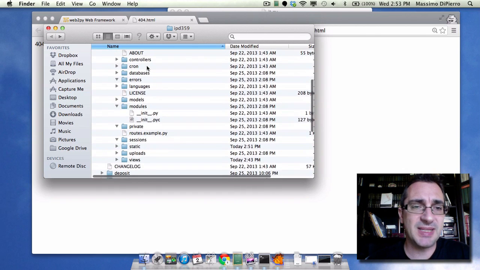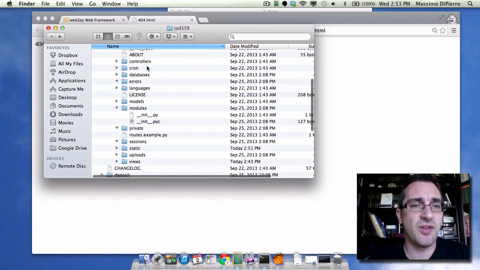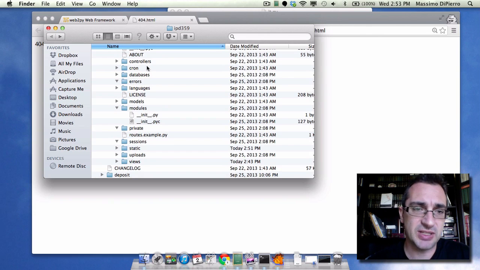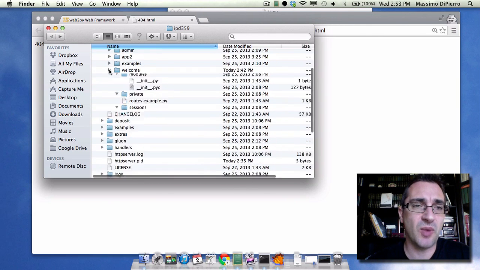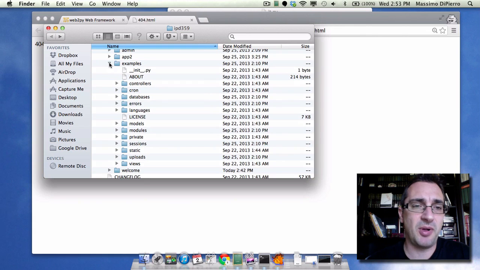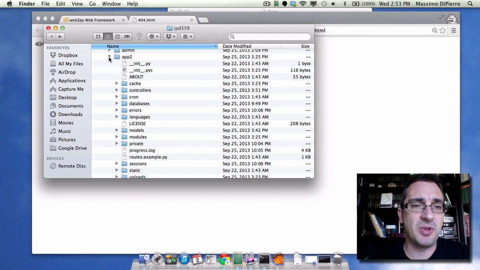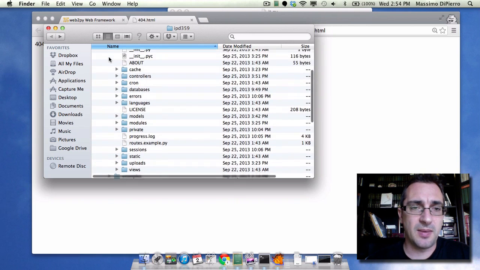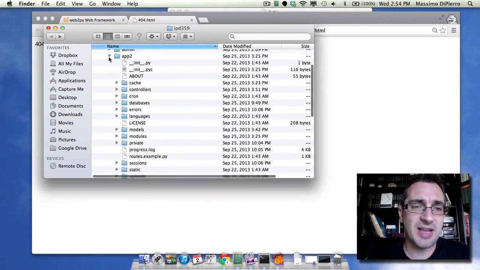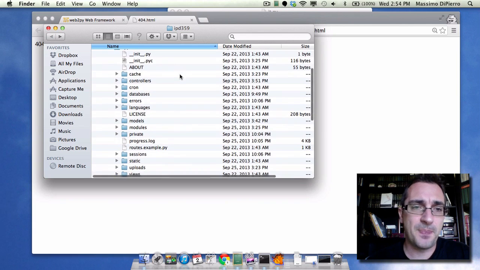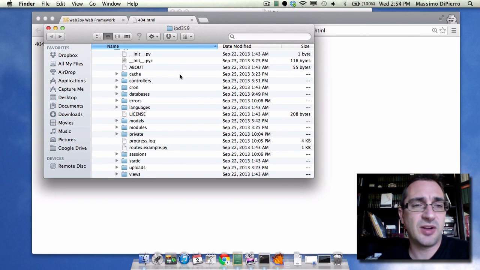So this is basically the structure of all the web2py applications, and it's very similar whether you look at welcome, you look at examples, or you look at Part2, which we created the last time. There are sometimes other files in here. So after you actually start working on an application,